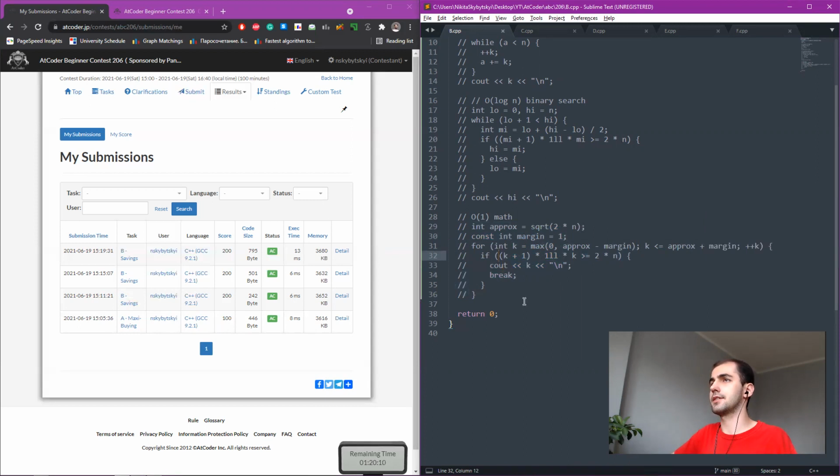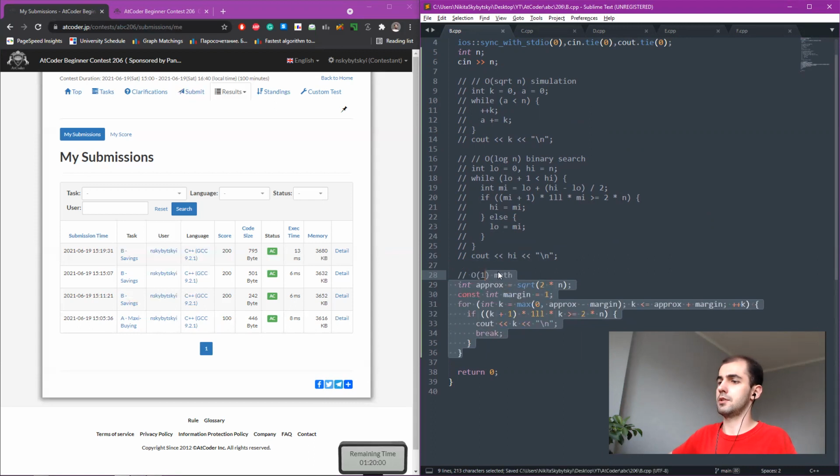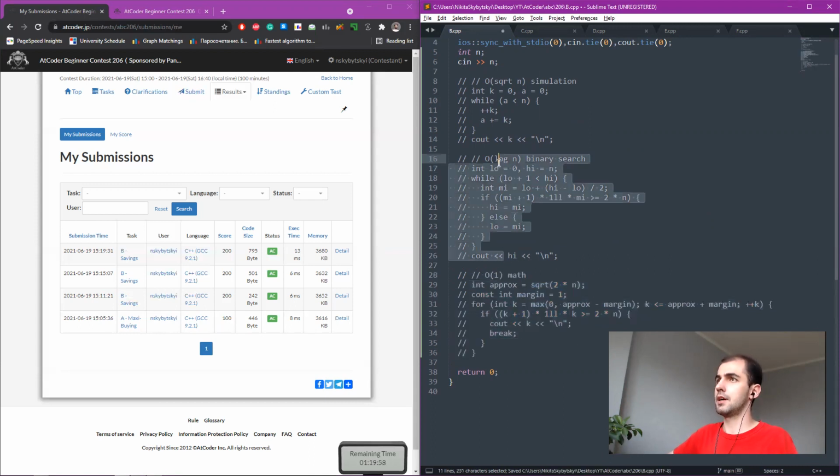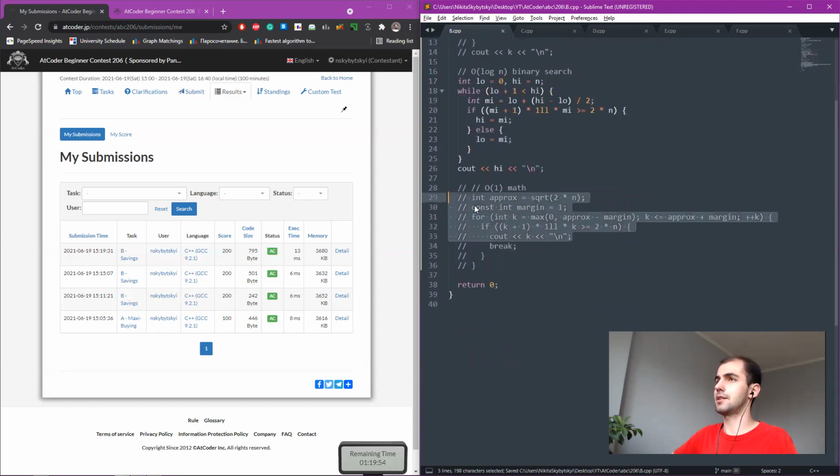So that's how it goes. I'm going to leave it to you to decide which one is the best one. I think that binary search is the best one because in math it's often very easy to make some stupid